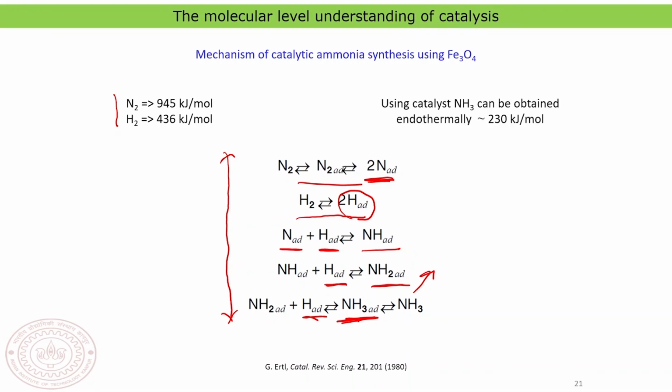Now something interesting is that you can see here, without the catalyst you would have used at least this much, the sum of these two quantities, as the energy required for the reaction. But at the end of the day, you can see that using the catalyst you are doing the reaction at a much smaller energy cost. So that is the importance of using the catalyst. And also, after the contribution from Gerhard Ertl, you can read more details in this particular article. One can now understand the processes that are happening at the molecular level.